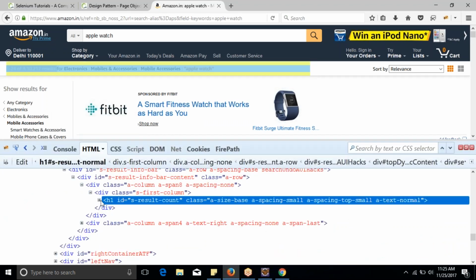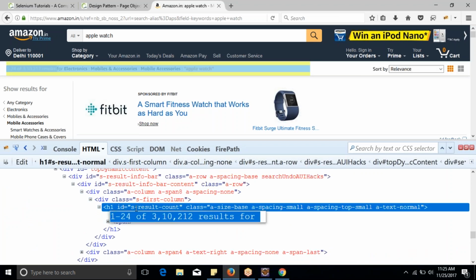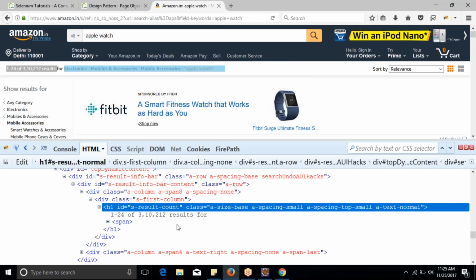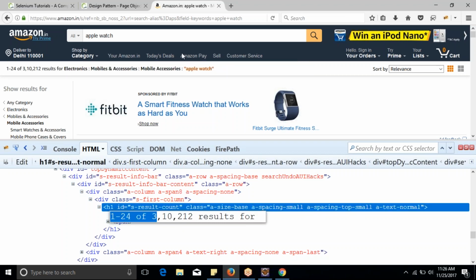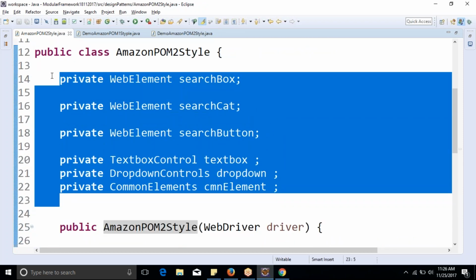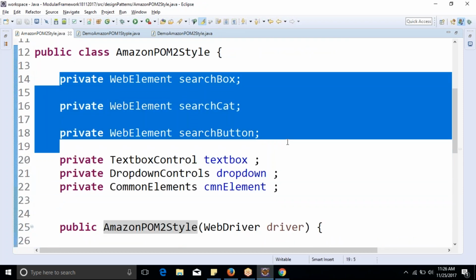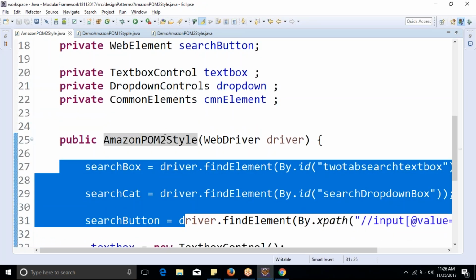you can see in this div you're getting this result, which has an ID as result count. In that you're getting this result, and this result you're getting after you search the product. But if you look at this design pattern, the web elements we have defined at the start, and everything we are initializing in the constructor. When this constructor is called,